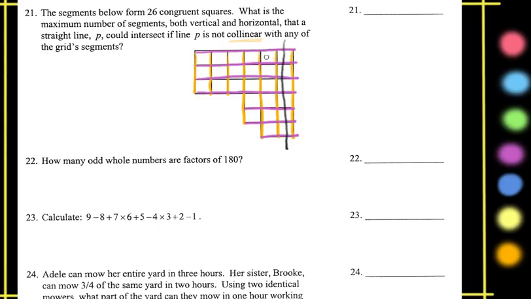If we wanted to intersect all the vertical segments, we could draw a line across like this. Now, if we wanted to intersect as many of each, we might need to make it a diagonal line to try to hit as many of both vertical and horizontal segments. And it turns out that if you are very careful and draw this line exactly across the diagonal like this,